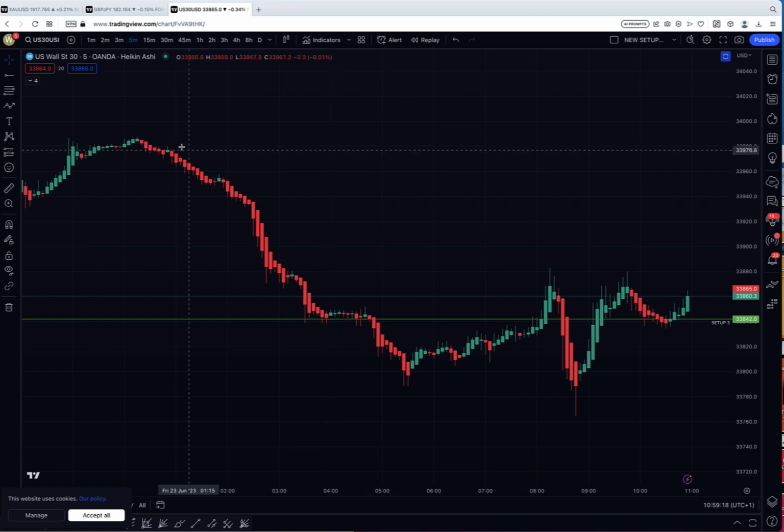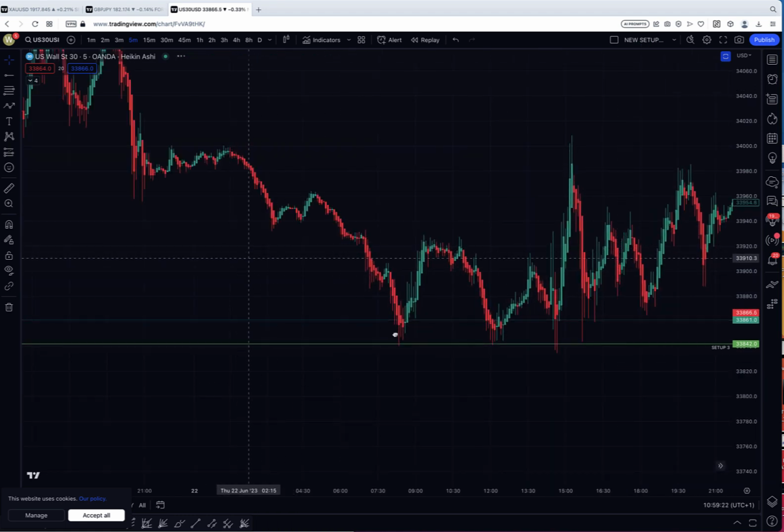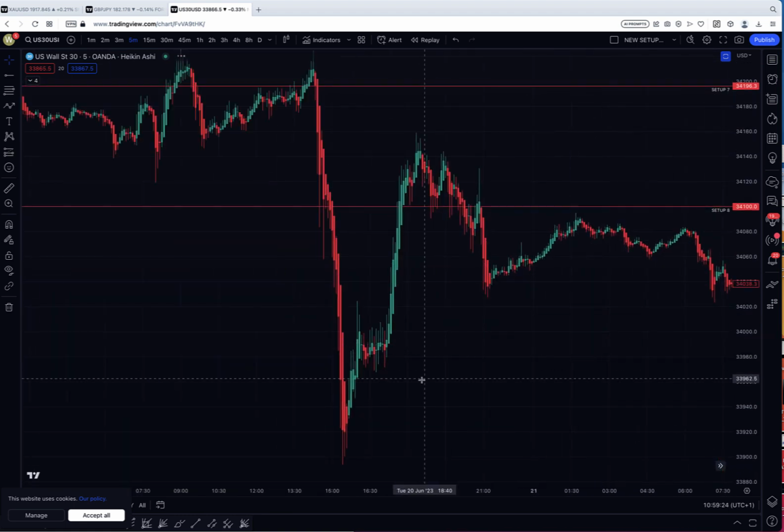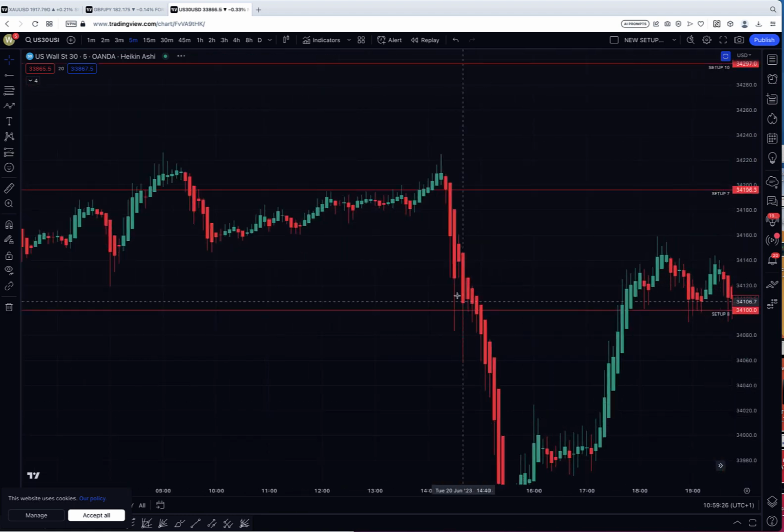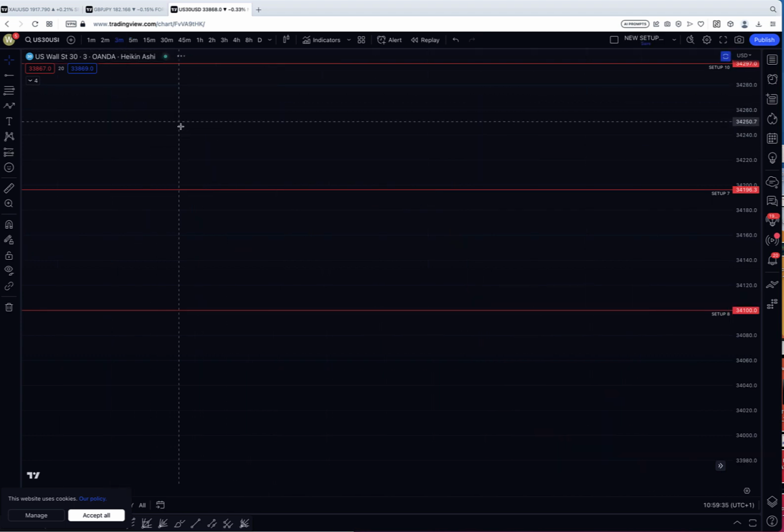But sometimes what could happen, the price can just go through our setup. I'll show you an example here somewhere. Yeah, this is a very good example. So what happens? The price was dropping. Imagine this was a green setup to buy. You would not buy because you have red candles. Even if you go on 3 minutes,